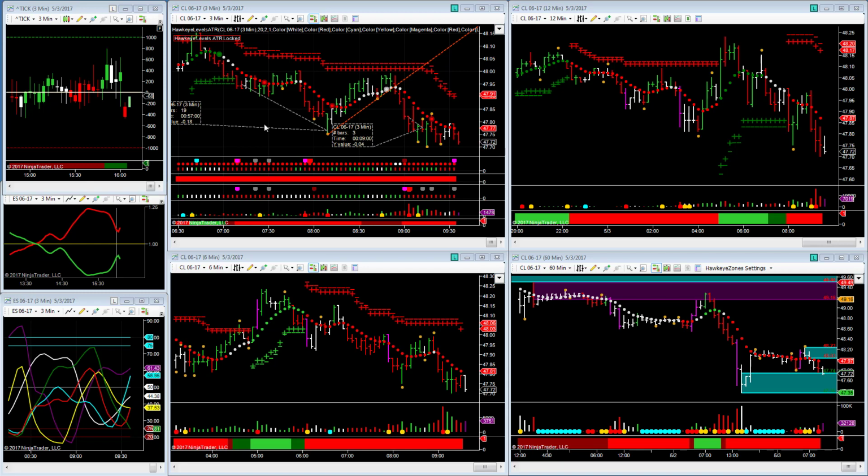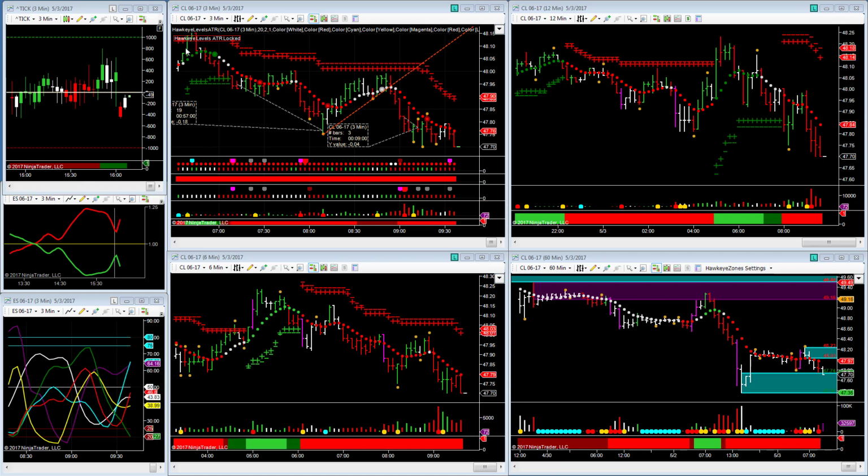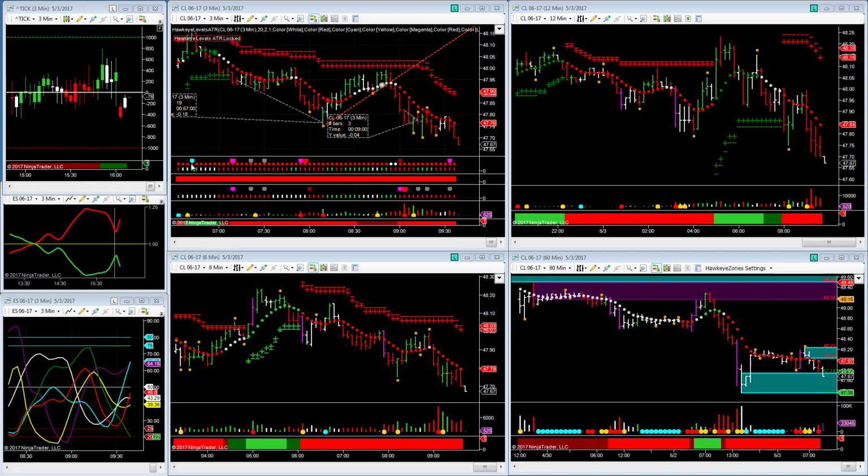So this morning, as a review from what we're looking at, you can see crude oil has given us a couple of entry signals. The first one that I saw came in just a little bit after 7 o'clock this morning when we saw a turning point and volume was leading the way into an initial setup. Right here you can see the initial setup, double dot sell signal entry that came in right here.